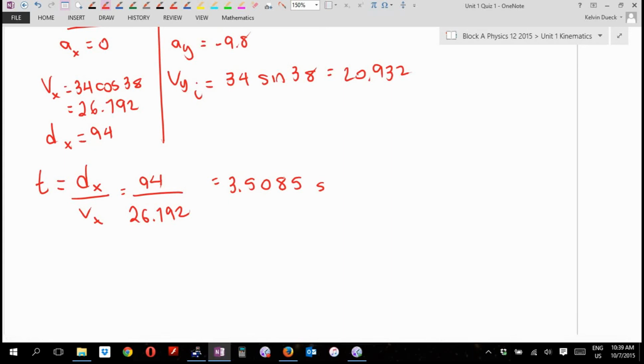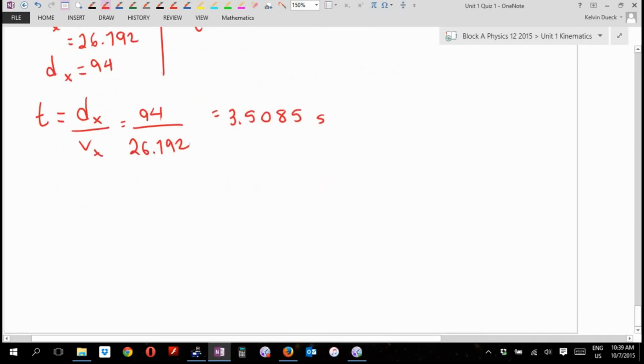Why does that help? Well, this question, Quinn, is asking me to find the final velocity. Now, the final velocity is going to be looking like that. That's the impact velocity, assuming the picture is right. And I know that that's made up of that and that. I know that that's made up of a Vx of 26.792 and a Vy final of